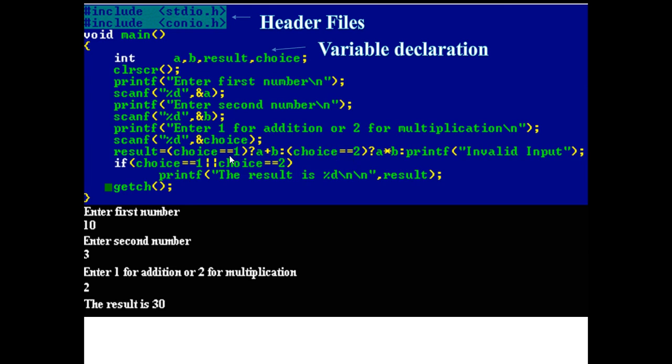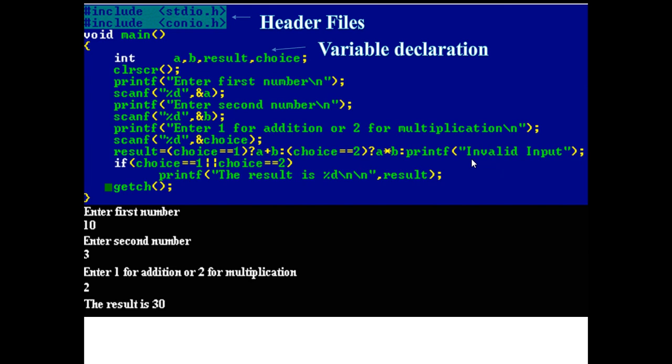So first, if you enter choice equal to 1, the value of choice is 1, then addition will be performed. Otherwise, the false condition will be checked, where choice is 2. That means if you did not enter 1, obviously you would have entered 2. And in that case, you will perform multiplication. If you have not entered choice as 1 or 2, then obviously that is invalid input. You would have entered some other value apart from 1 or 2. That's why the choice would be invalid, and it will perform no operation. That is, invalid input will be printed as output.